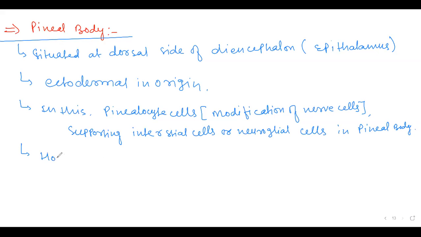इसमें जो हार्मोन होता है is melatonin. Melatonin, which is an amino acid derivative. Melatonin plays a very important role that helps in regulating